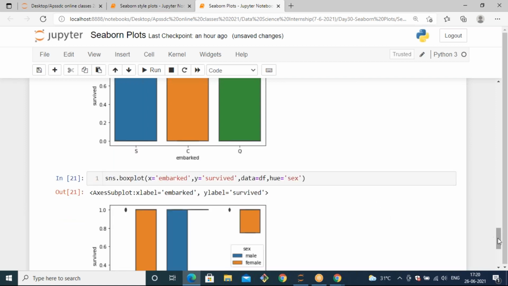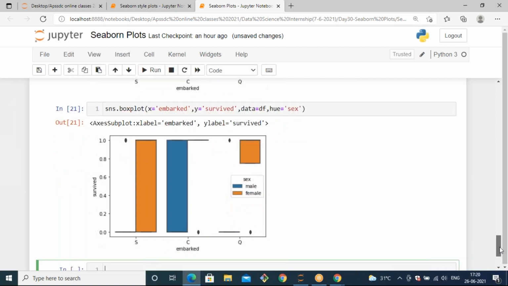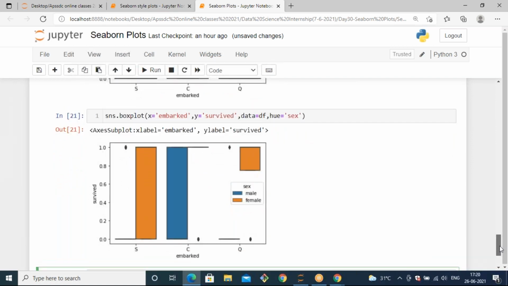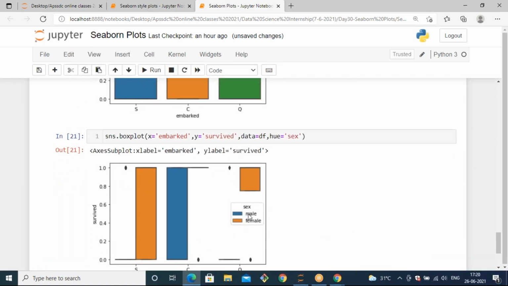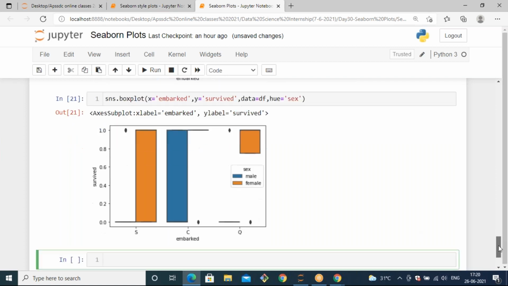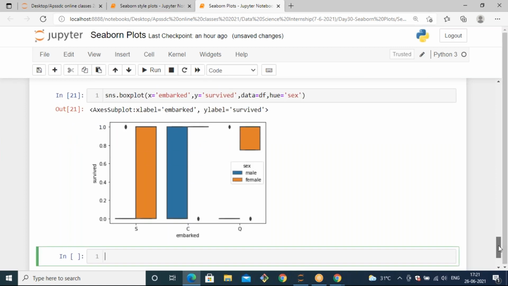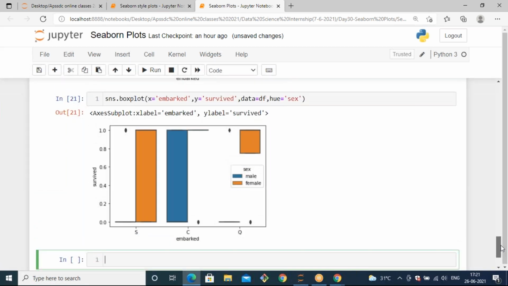So here if I pass hue as sex, it will generate the plot based on sex. You can see for the male category, it generates blue, and for the female category, it generates orange. But when you take this Titanic dataset, you will not observe the proper box format. So I'm not comfortable with this.